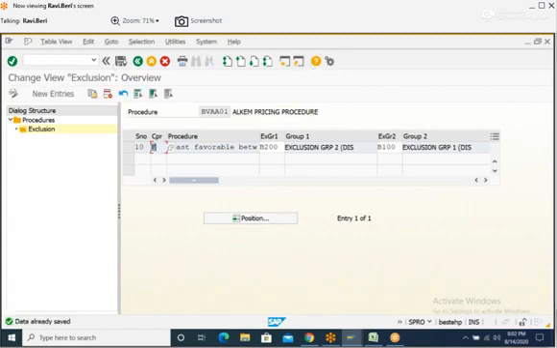Next, take the heading 16 fields of pricing procedure.